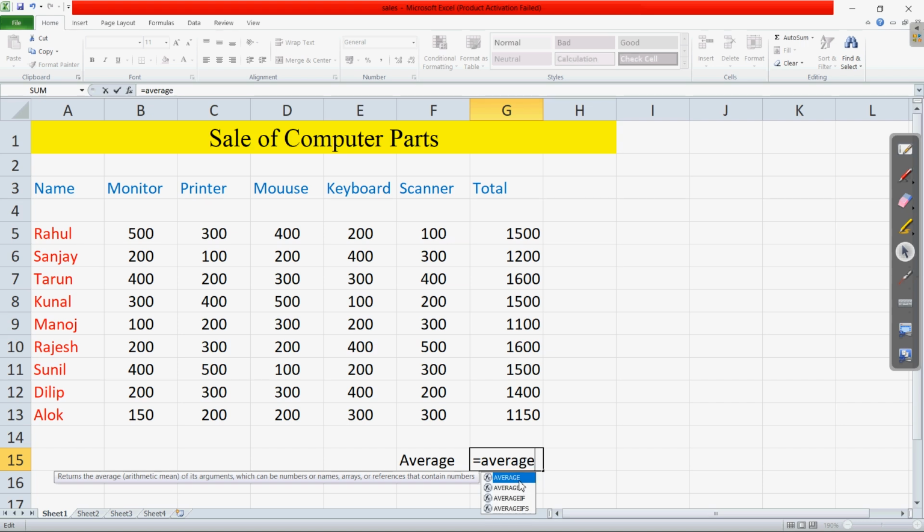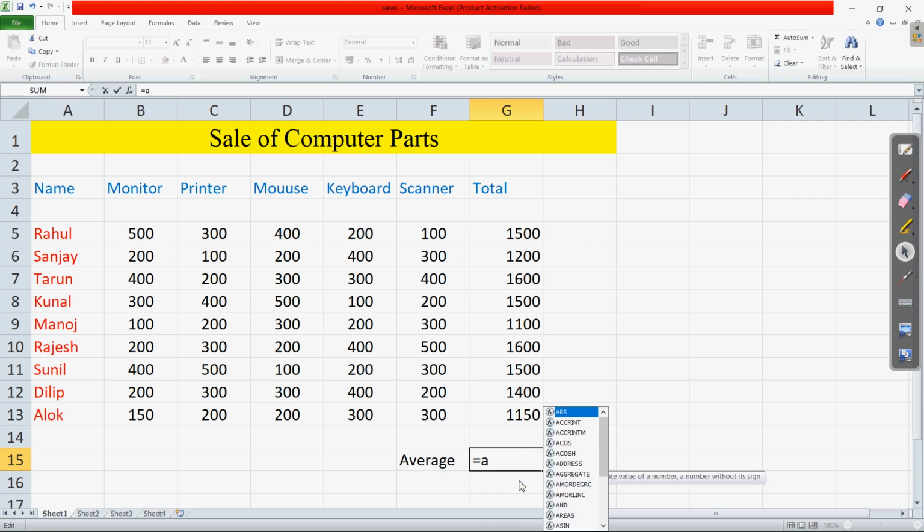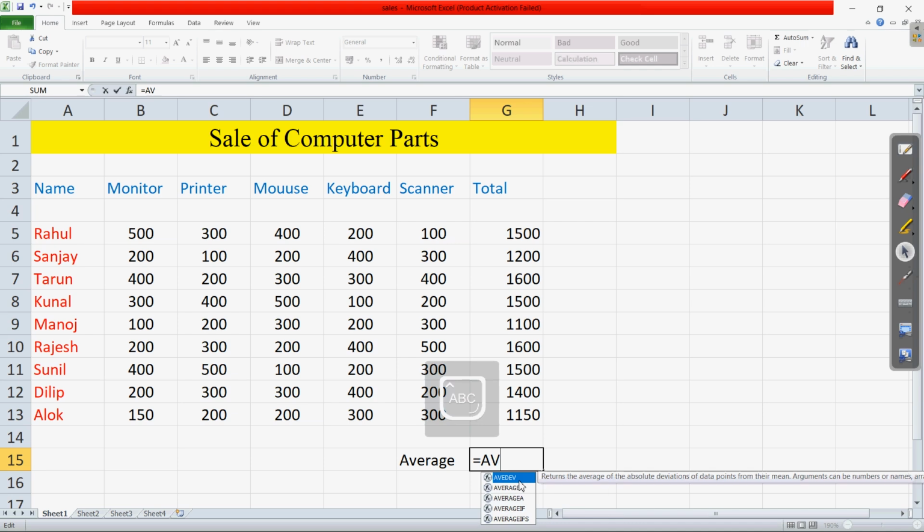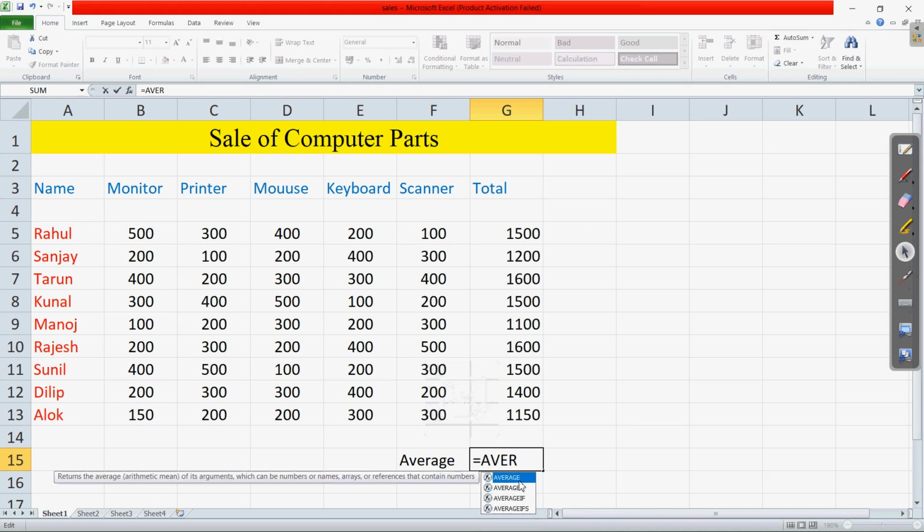So here we have written the name of the function. Rather than writing in small letters, it is always capital, so try to write that. We can write the smaller one also, it will give the same result, but to make a convention, let us write it in capital only.